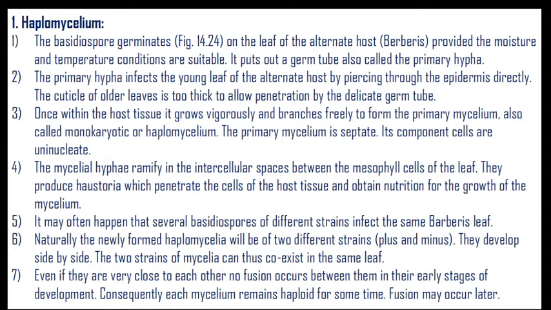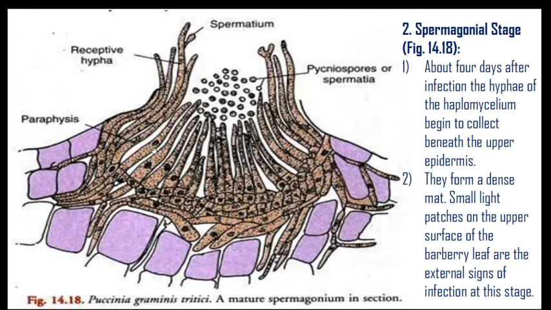First of all, basidiospores germinate into a haplomycelium and then they attack the alternate host, that is Berberis vulgaris. So here are some consequences of the development of a pycnium and aeciospores. Here is the mature spermagonium. In this way, the spermagonial stages are going to be complete,